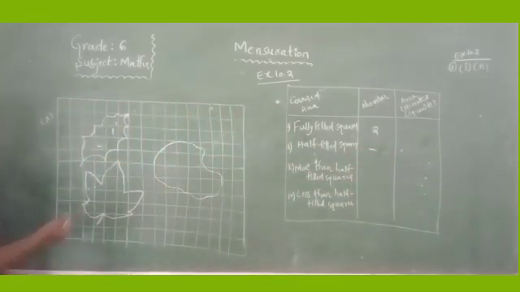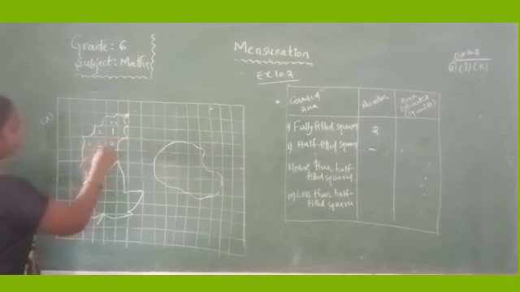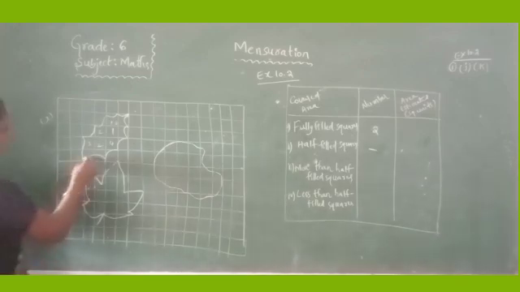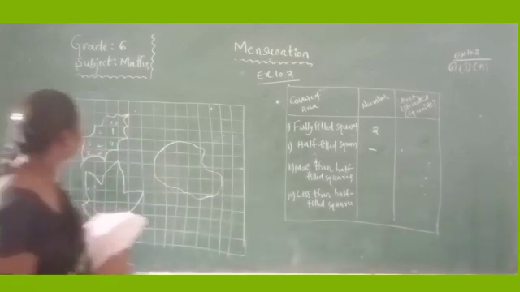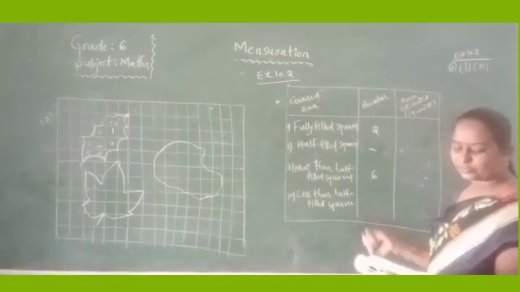More than half, see. More than half, how many? Very good. 1, here 2, 3, okay, yes, 4. So how many more than half filled squares are there? Only 4. See clearly in your textbook. Yes, these are also more than half, that is 5, 6. Right. So those are the more than half filled squares.